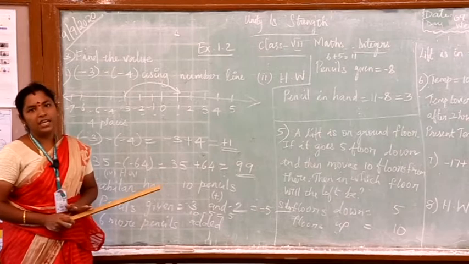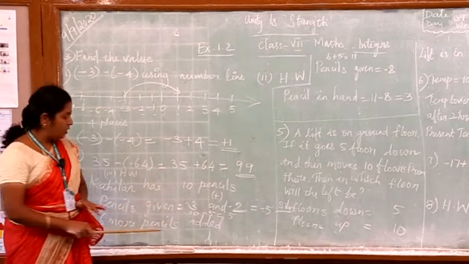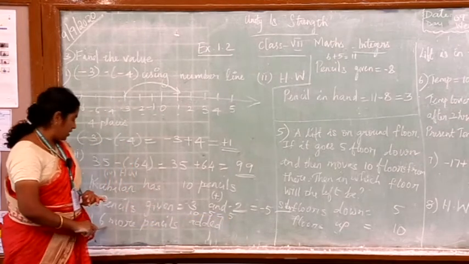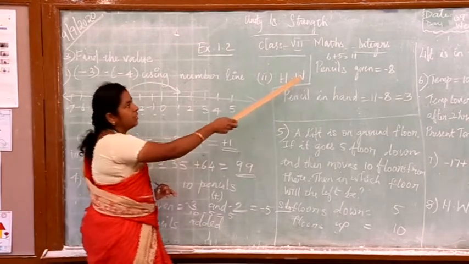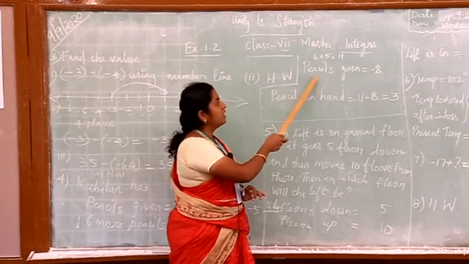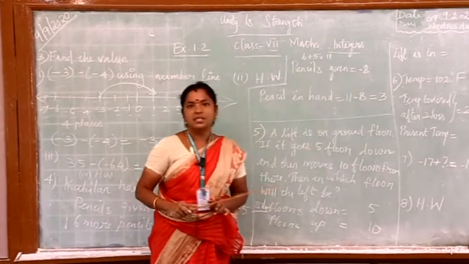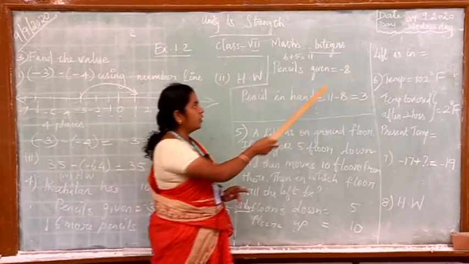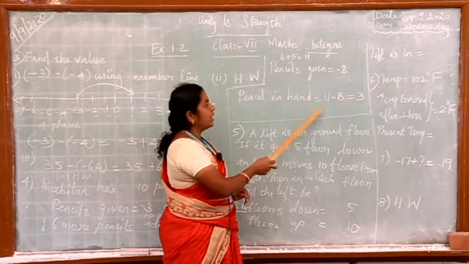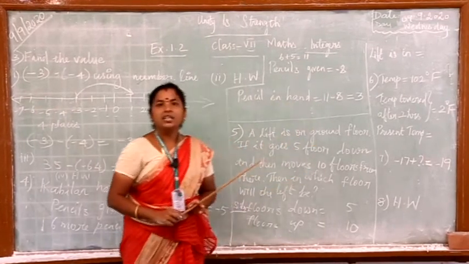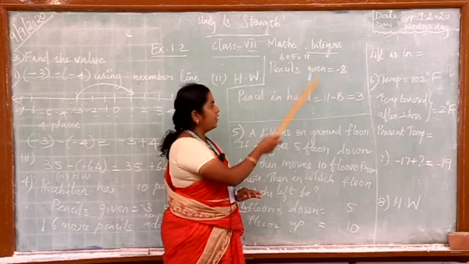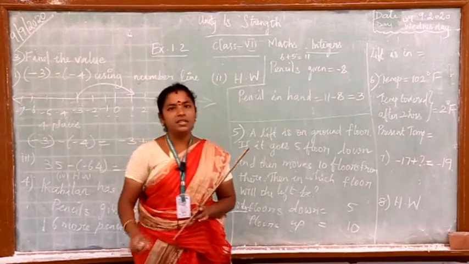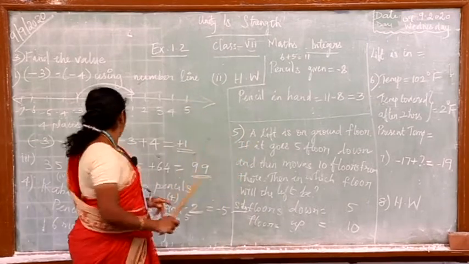After that, on the next day his father is giving 6 more pencils to him. So, totally he had 5. Now, 6 is added to this. So, 6 plus 5 becomes 11. So, again he is going to give 8 pencils to his sister. Whatever he is going to give should be taken as minus. So, here it is minus 8. Now, how many pencils he has in hand, that is your question. So, we are going to take 11 minus 8, which is equal to 3. So, 3 pencils will be remaining in his hand, that is your question number 4.